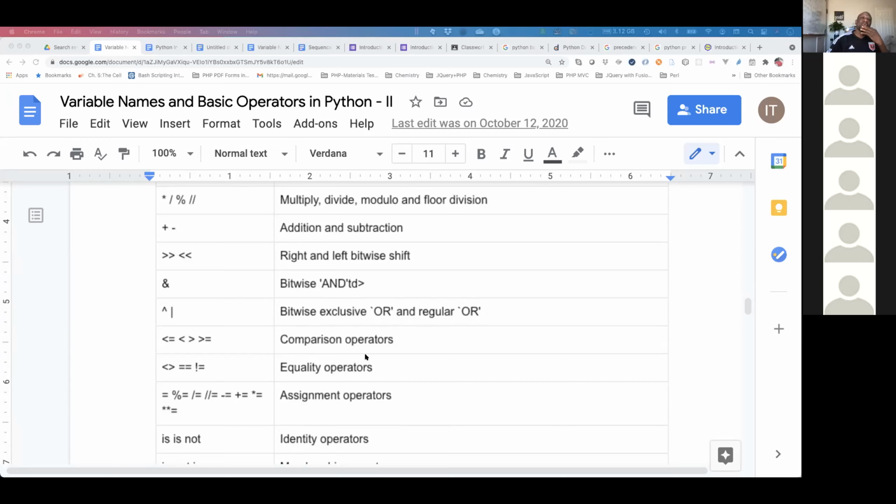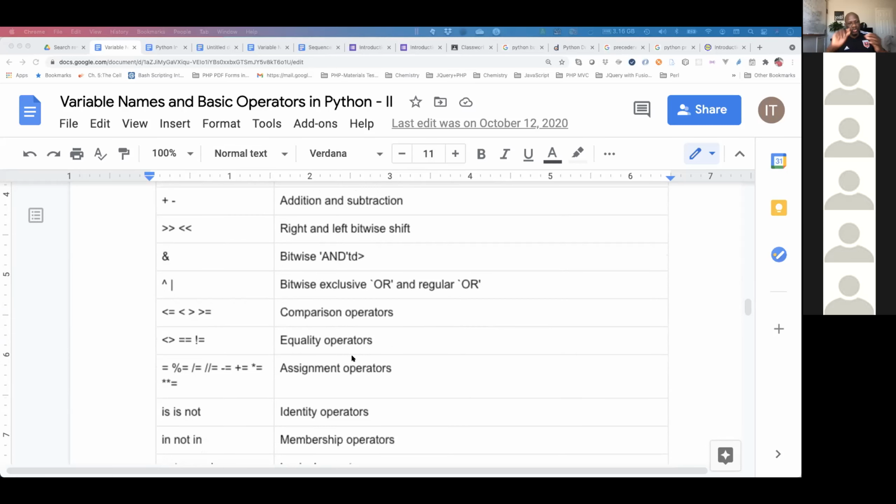Okay. Then we have the comparison. Of course, I know 2 is less than 10. 10 is not equal to 2. 10 is greater than 2. Okay, those are comparison operators. And then we have the 2 equal sign. We say that's a comparison. So instead of greater than or equal to, we can use the equal equal. Equal equal means if 10 equals 2, that's not true. But 10 can be equal to 10.